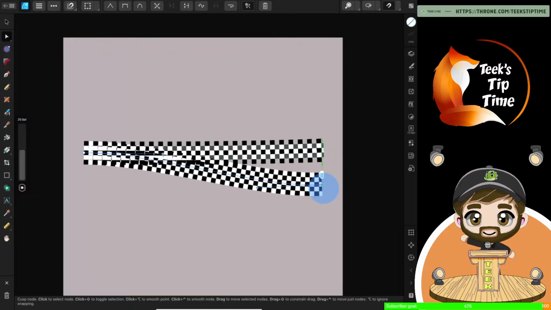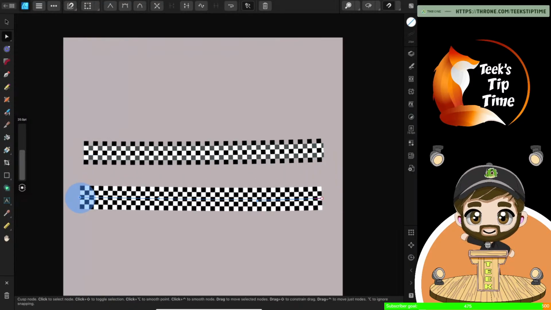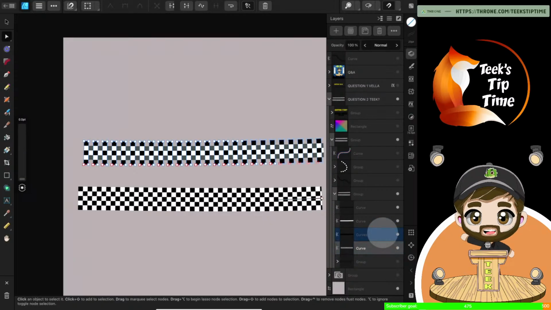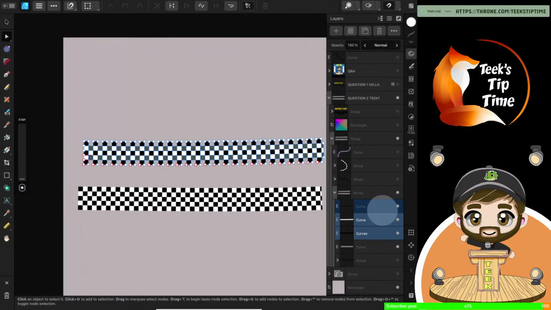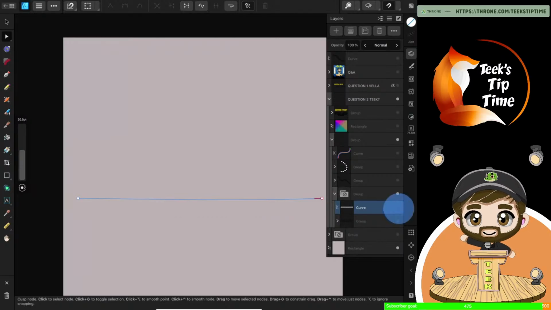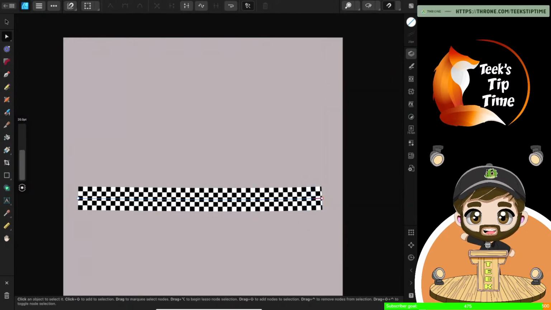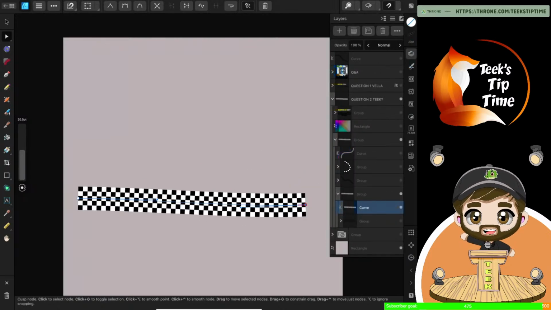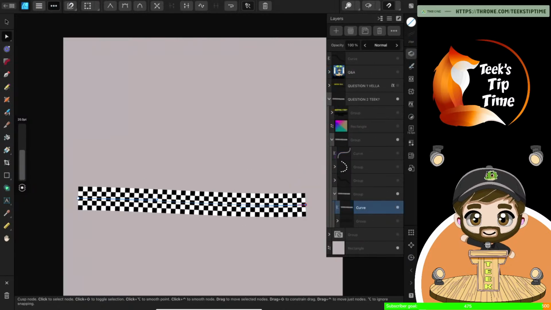Just trying to, oh yeah, it's got two there for some reason. So let's get rid of the old ones. Oh yeah, there's all these expanded strokes. So this is just the original stroke, which can bend sort of. Yeah. Right, I'm going to duplicate that. So we've got two,